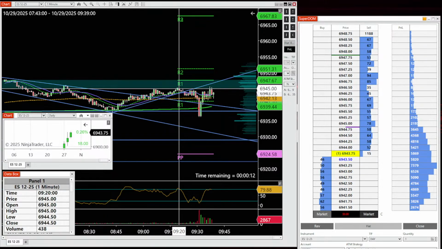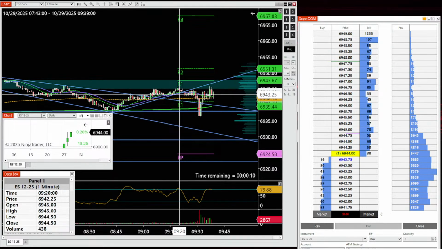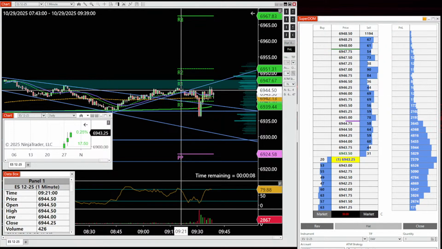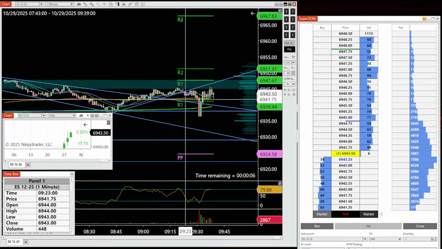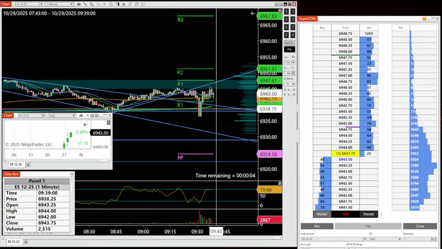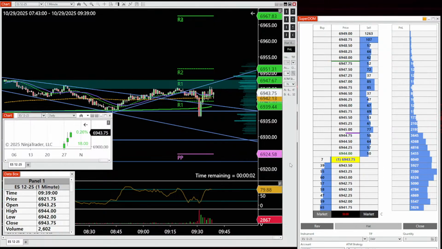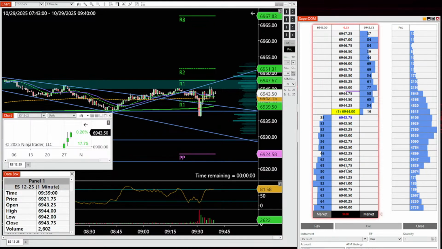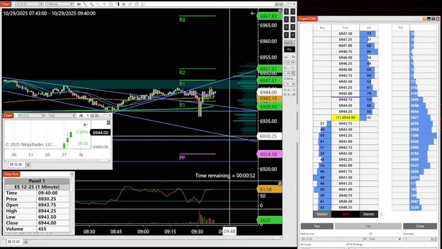Between 42 and 45, we're just in between 40, 45, 46. You want to say 40, 46, just in this range, which we've been in overnight. And yesterday we were in the same range.